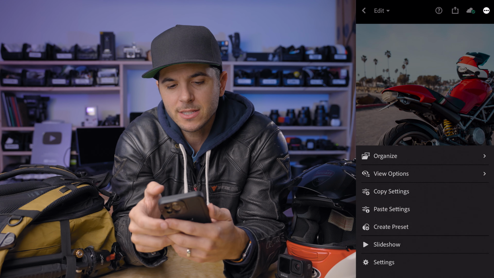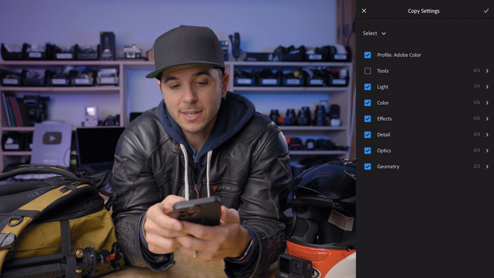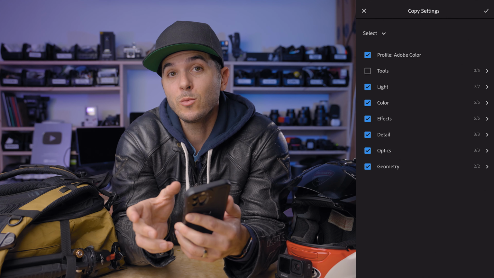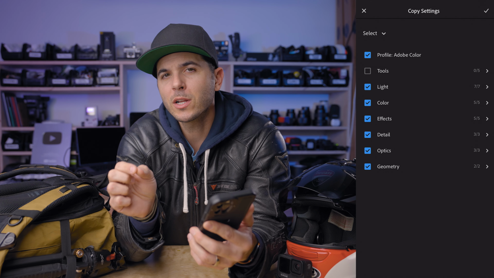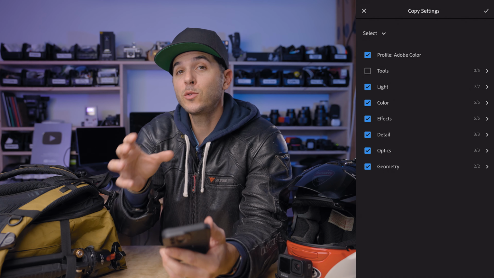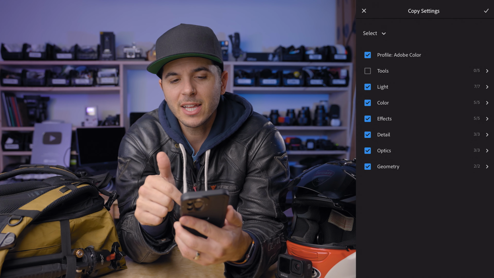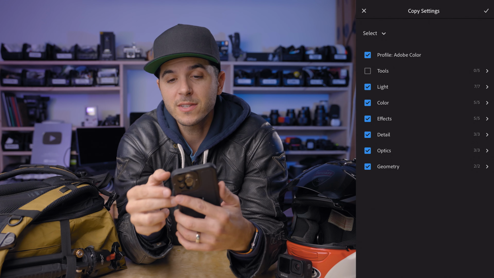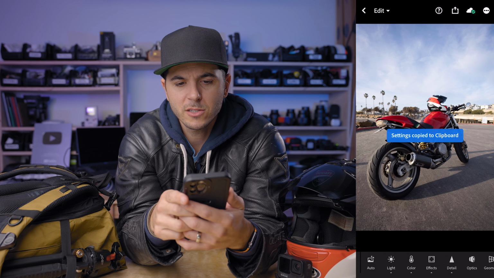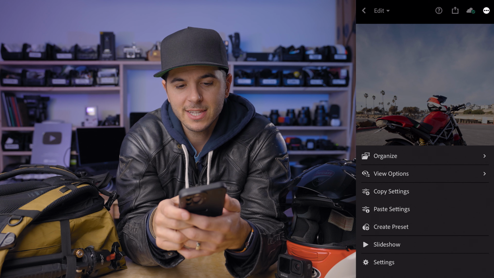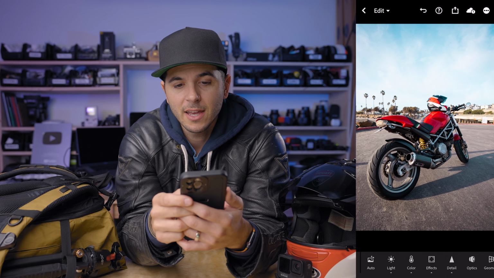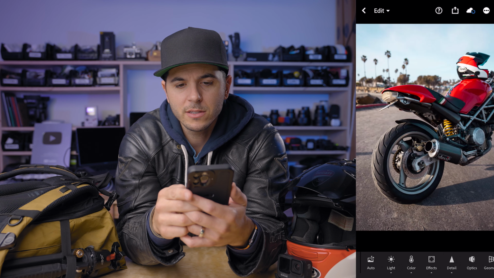And then the other way you can move settings from image to image, same thing, those top 3 dots, tap those, say copy settings this time, choose whichever settings you want. So you could say, I only want to change the color, or I only want to do the white balance from this image to the next image. I don't want anything else. And you could actually select that. In this case, we're going to do all the settings. So hit the check mark, swipe over, tap those 3 dots again, say paste settings, and boom, now these 3